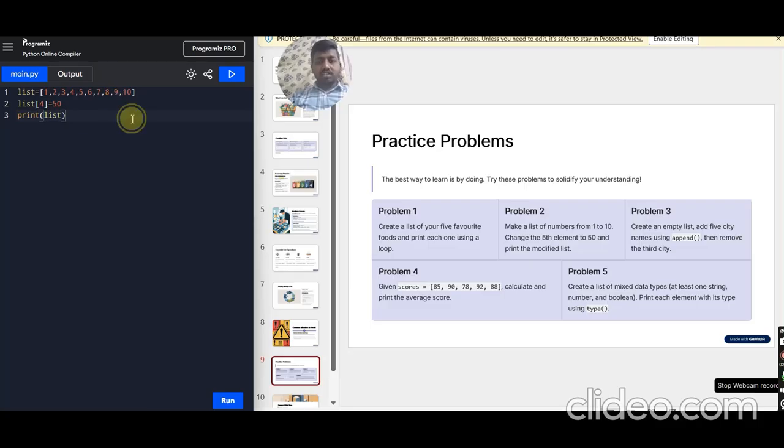And let us go with the next, the third problem. Create an empty list and add 5 city names using append and remove the third city. List equals empty list. list dot append of